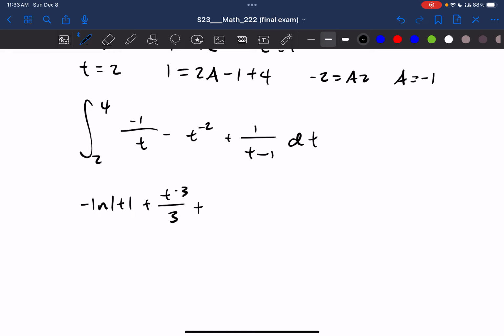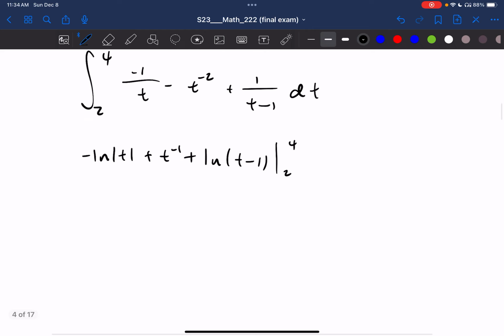And is this right? I think I did this right? Oh wait, no. For a, okay, that's why it was looking a little weird. For integration, we add by 1. So this is negative 2. So it'd be a plus t to the negative 1, because you added by 1 and subtract. Okay, that's right. Yep. Plus, this is going to be ln of absolute value of t minus 1